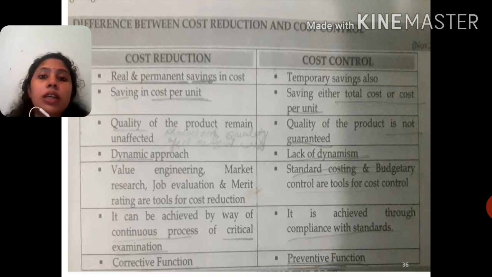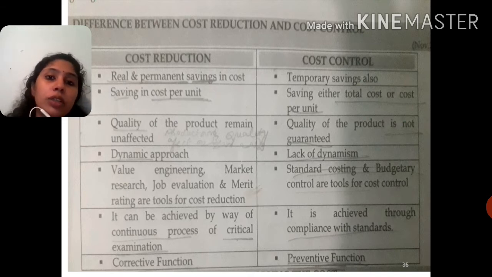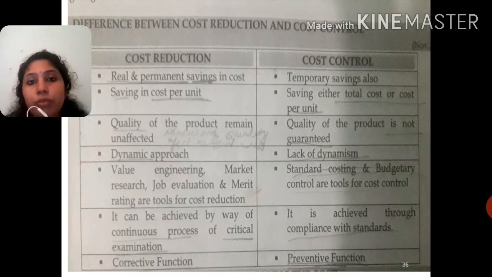Last year Chandrika soap produced and the total cost incurred was rupees 10 lakh. This year they reduced the cost to 8 lakh. So a 2 lakh cost saving is there now. That is cost reduction. They reduced cost in different ways, and finally the cost reduced to 8 lakh from 10 lakh.